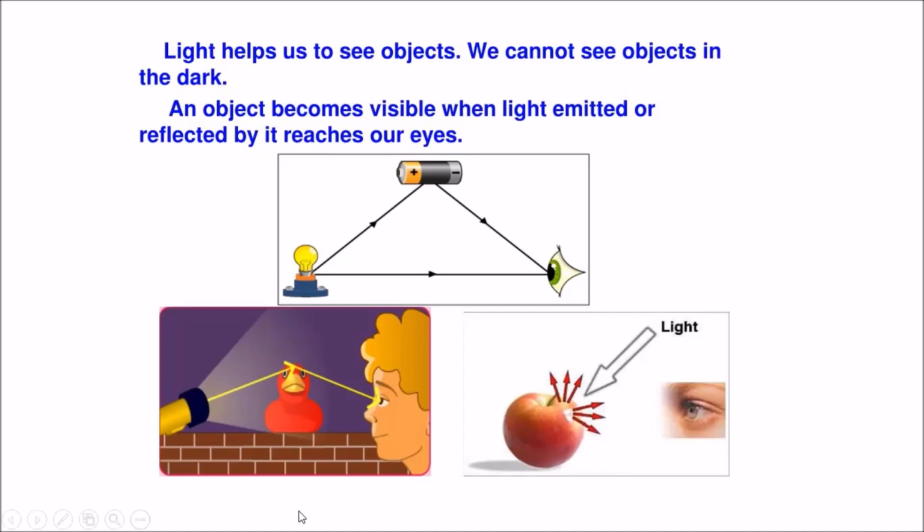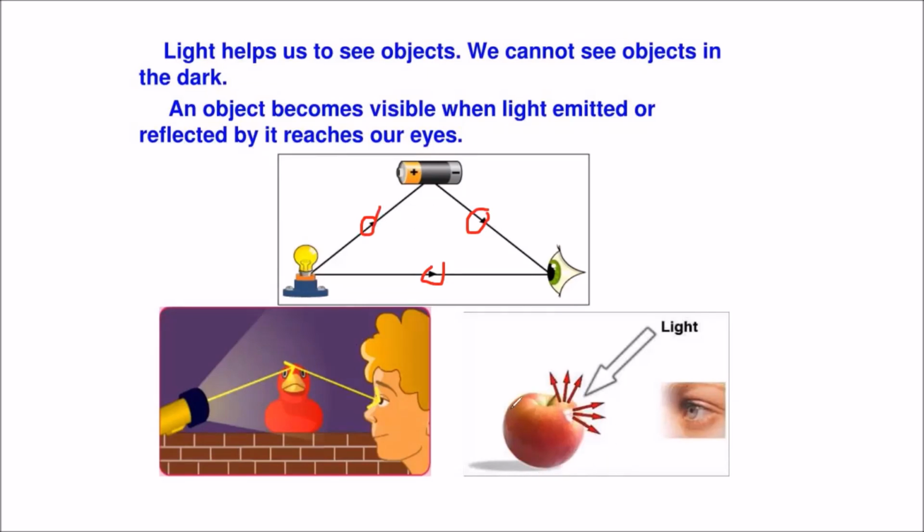I want you to specifically look at these three images. You can see in all these three images, the arrows are always going towards the eye. They are never going from your eye towards the source. So please always be aware that whenever we are drawing a ray diagram, the arrows from the source are coming to our eyes. We are not the superhumans who are emitting light from our eyes. So always the arrow is towards the eye. The light is bouncing back from the object and coming to our eyes.